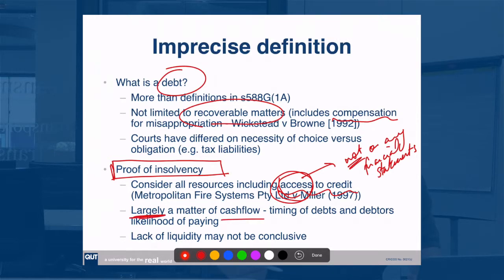When debt is due and when cash is coming in. However, just because you're not liquid doesn't mean you're insolvent. And again, we go back to that statement that access to credit is an example where you may lack liquidity, but you may not be insolvent. Or you may have a large asset base that you can sell. It might not be terribly liquid, but if you do liquidate it, you can pay your debts when they're due. So they're examples of why the definition and articulation of the point at which you are insolvent can be difficult at the time you're dealing with the problem.